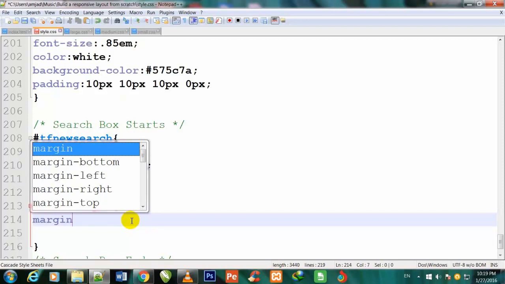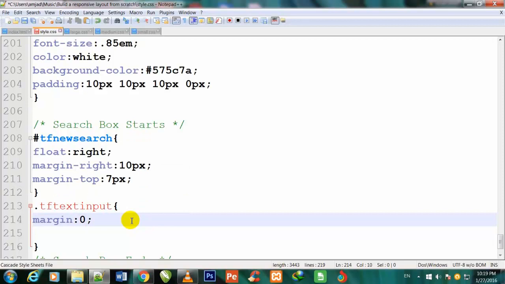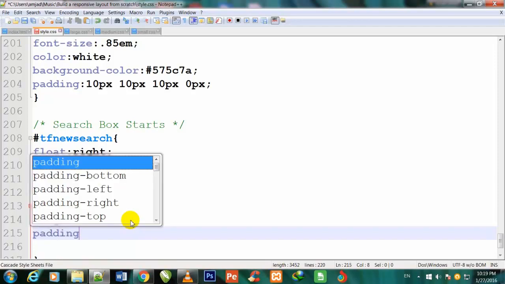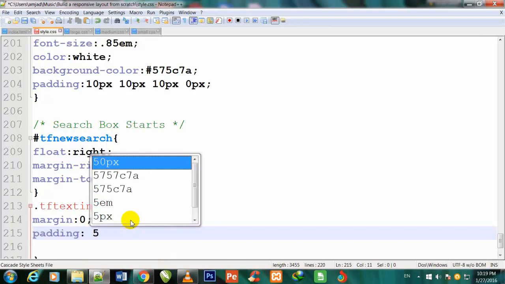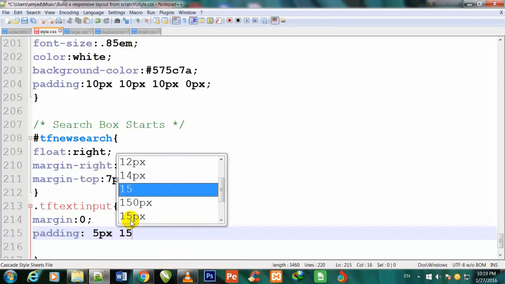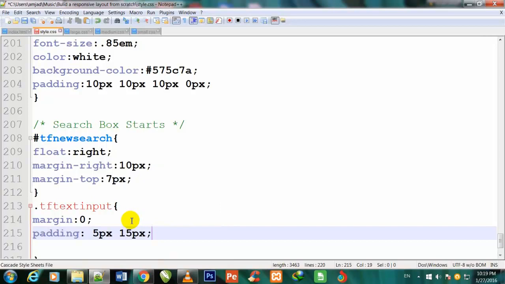First I will give margin 0, padding 5 pixel and 15 pixel, space 5 pixel, space 15 pixel,